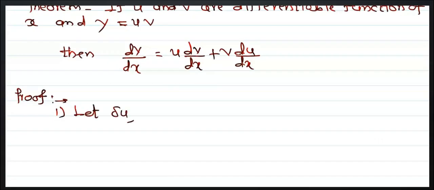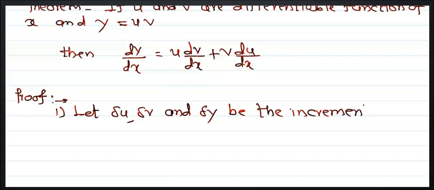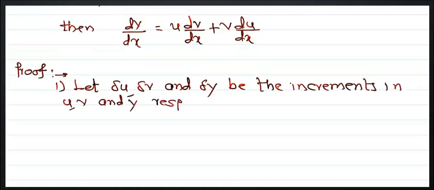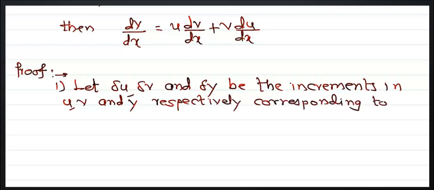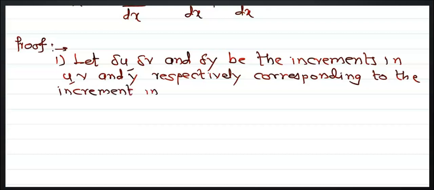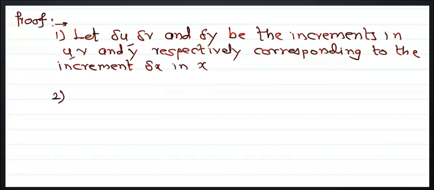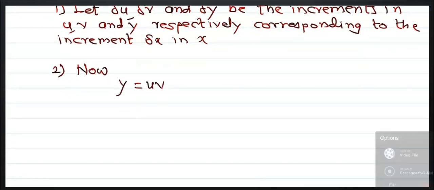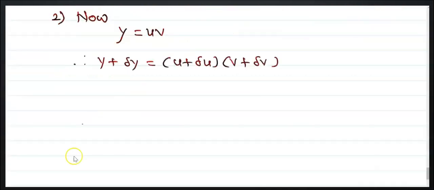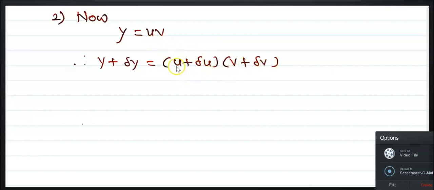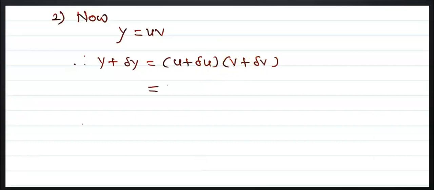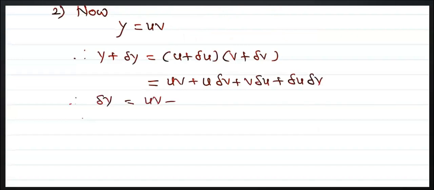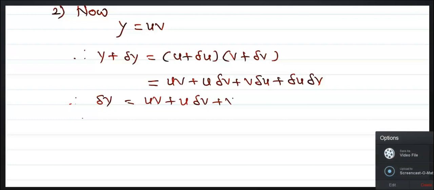Therefore, the proof is again the same dialogue. Let delta u, delta v and delta y be the increments in u, v and y respectively corresponding to the increment delta x in x. This line will be there in every theorem. Now y is equal to u into v. Now there is a small change in y. That means if there is a small change in y, there will also be a change in u and v at the same time. u becomes u plus delta u, v becomes v plus delta v. Now the product of these two: uv, u into delta v, v into delta u plus delta u, delta v. Now delta y is equal to u into v plus v into delta v plus u into